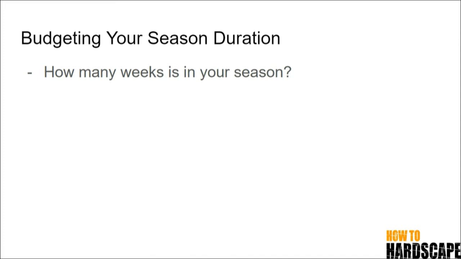So for us in Ontario, Canada, and we are only doing hardscape installs, we really only have around 30 to 36 weeks a season. What we do is we look at the previous year's totals of weeks that we worked, that we were able to get in before the ground froze or before things got too messy. So we look at last year's numbers and we implement them for this year's, for the amount of weeks that we're able to budget for our season.